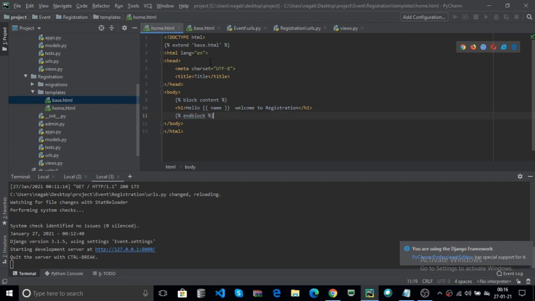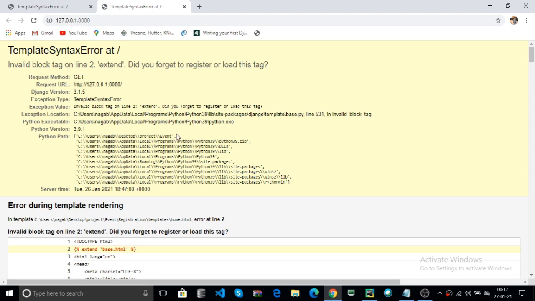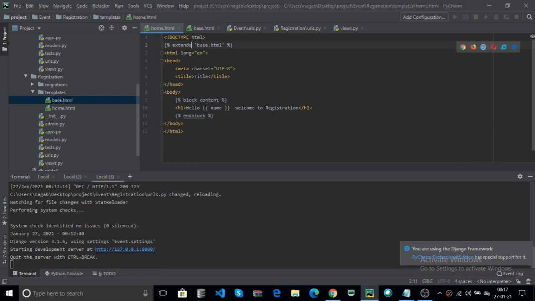You can check if there is any error in your extend. Base.html contains the block content and end block. Now we can check. Here I think it should be extends. Control S again.